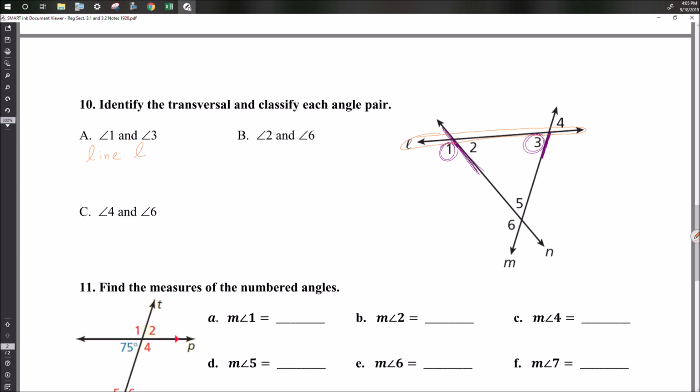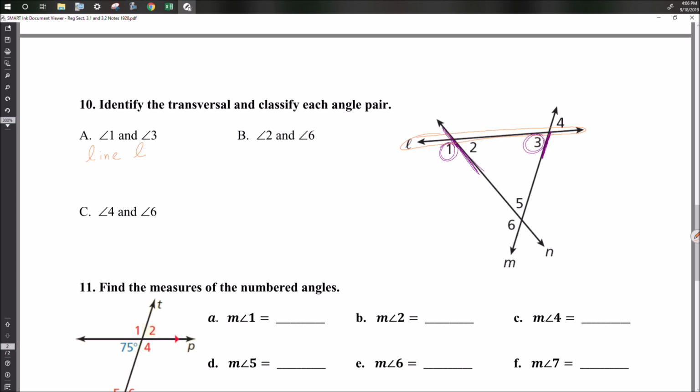Now, we need to identify if these are corresponding, alternate interior, alternate exterior, or consecutive interior angles. The first thing I notice is that they are both below line L, so they're both on the same side of the transversal. Since they're on the same side, they cannot be alternate exterior angles or alternate interior angles, because they're not alternate. So I need to figure out if they're corresponding angles, meaning they are on the same side of the transversal and have the same location in comparison to the other two lines, or if they're consecutive interior angles, where they're both on the same side of the transversal, but inside the